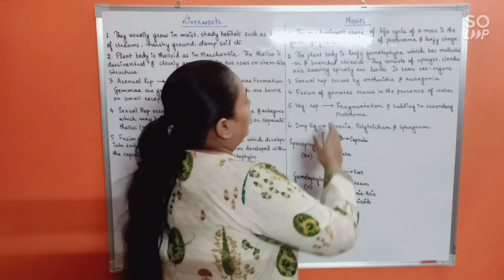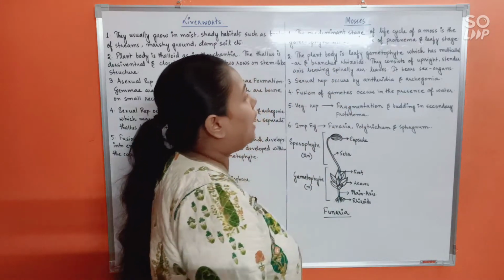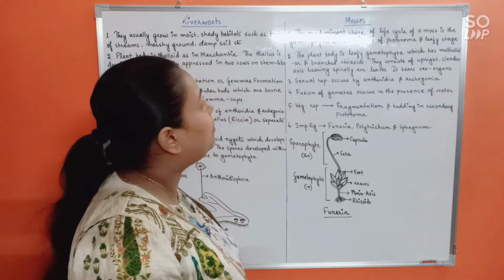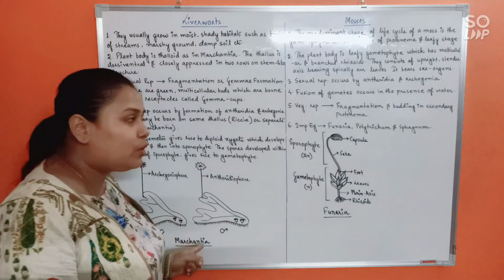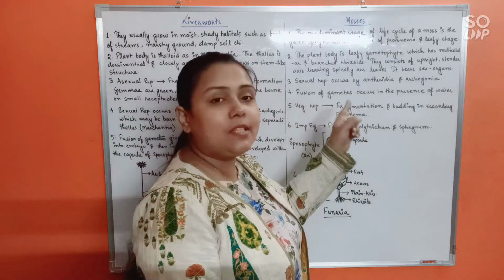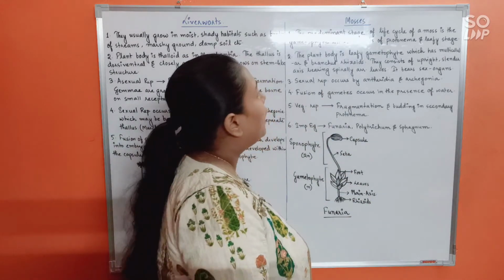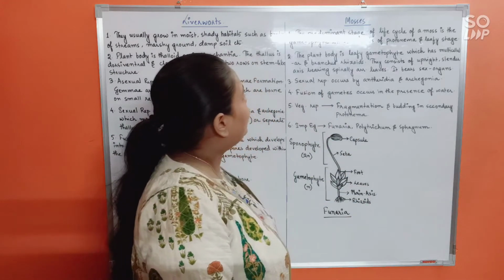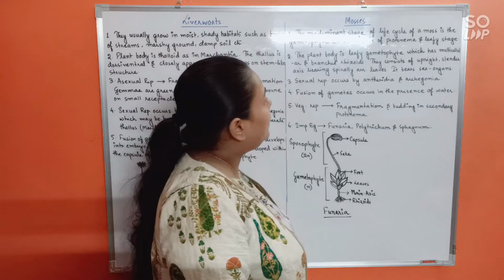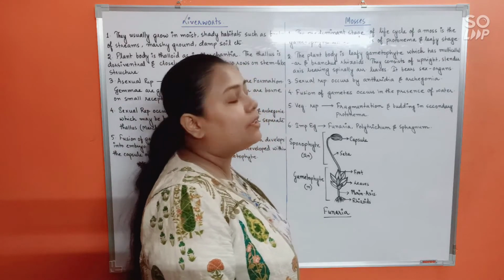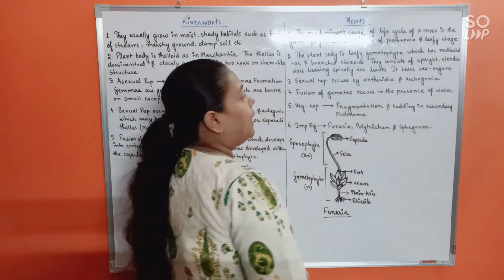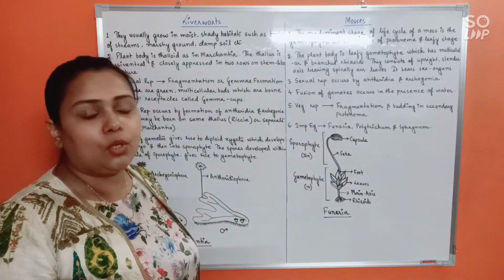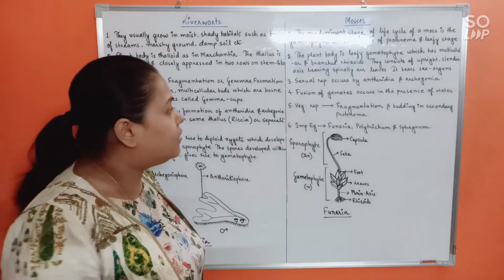Okay. See, the plant body is a leafy gametophyte, which has multicellular and branched rhizoids. In liverworts, unicellular unbranched rhizoids. Here, multicellular and branched rhizoids. They consist of an upright, slender axis bearing spirally arranged leaves, and it bears the sex organs. Alright. Now, sexual reproduction occurs, as usual, by antheridia and archegonia, and the rest of the things remain exactly the same.